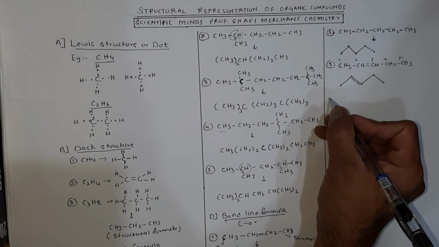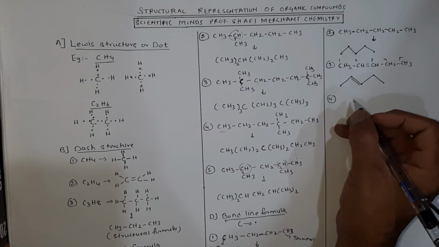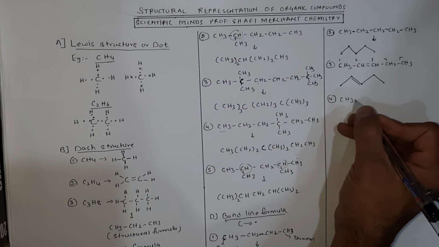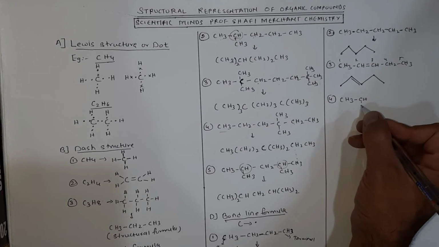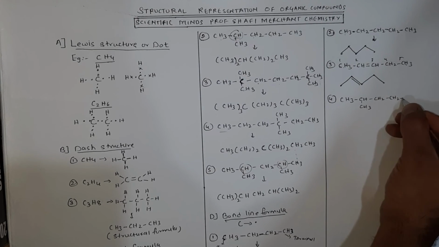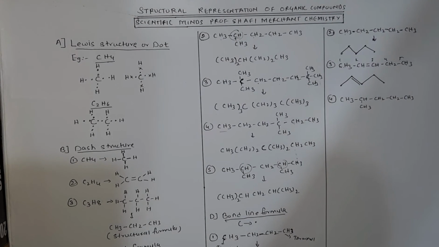It's very easy. First you need to select the longest carbon chain. Now let's take an example of a branch. CH3, CH, CH3, CH2, CH2, CH3. You select the longest carbon chain. Start from one terminal to the other terminal. You are aware that a terminal is nothing but the methyl group.